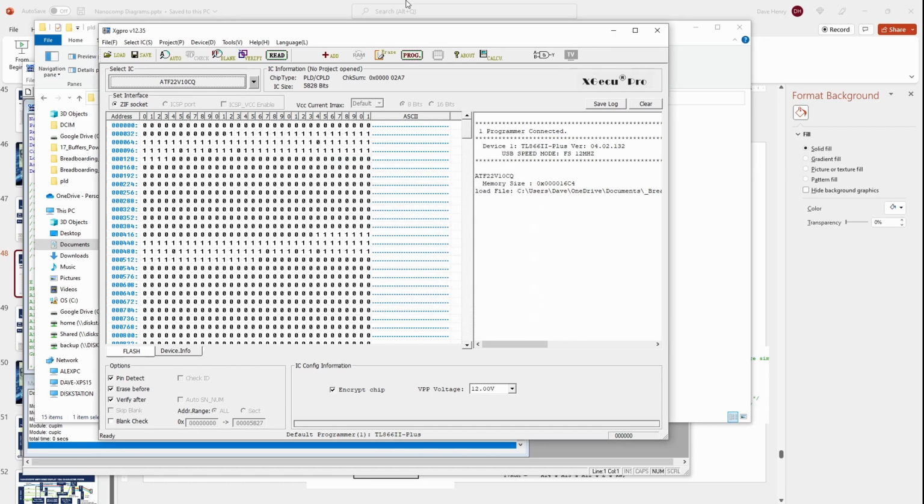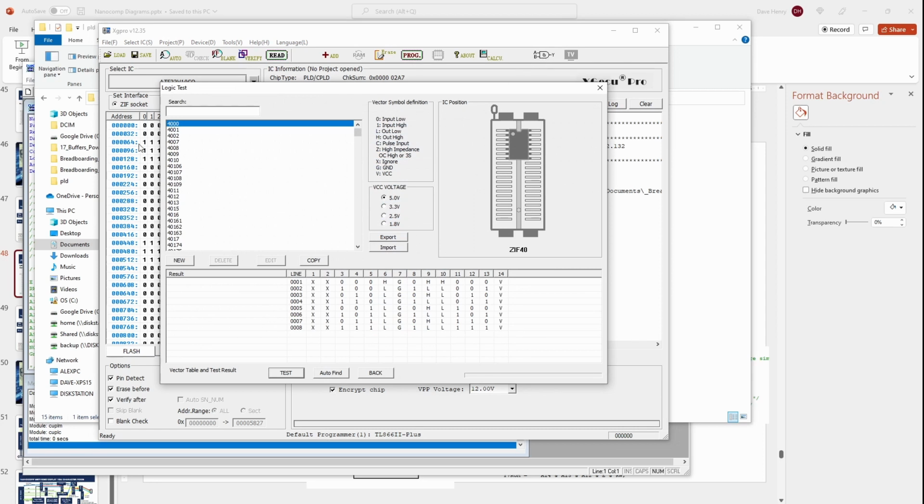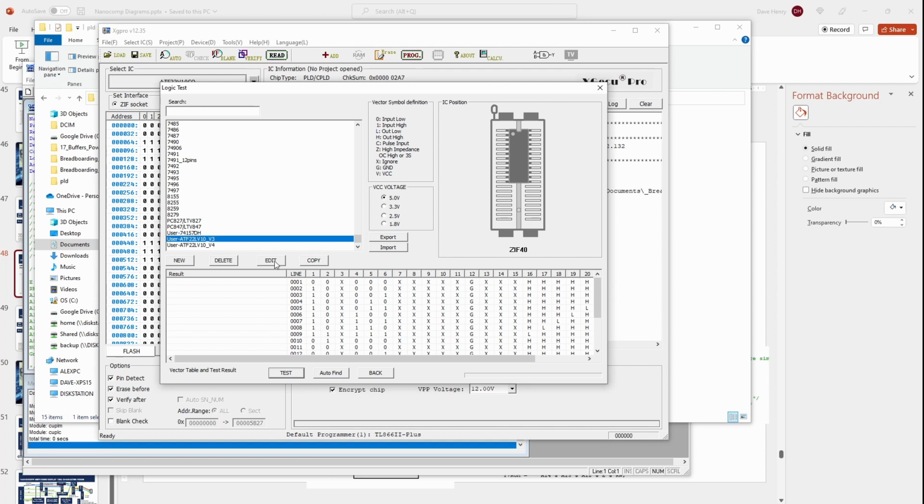Now, one of the clever things that XG Pro can also do, which I haven't really talked about too much, is it's possible to test chips as well. It comes with a load of rules for testing standard logic chips, but what you can also do is define your own. This is one that I've done for this particular configuration.